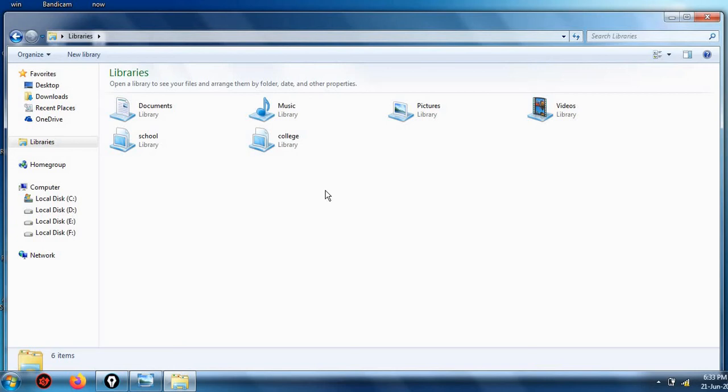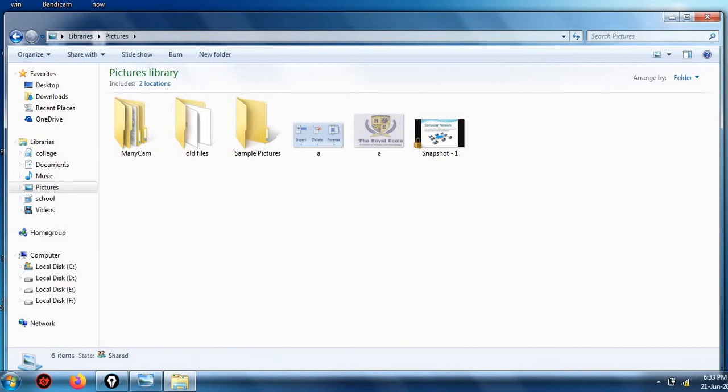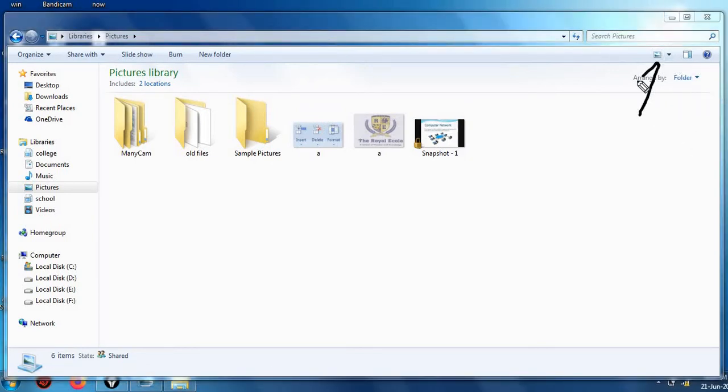viewing files and folders. How can we see files and folders? Suppose any folder is open, this folder is open, right? Now if I want to see, I can see this folder in many ways, right? Here we have one, see, here you can see, here we have one button, right? What we call more option. This is called as more option. See, more option. When we are placing our pointer here, it is showing more option, right?